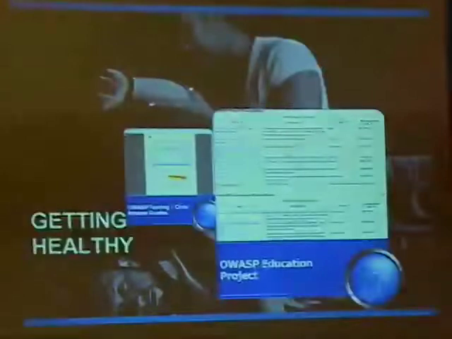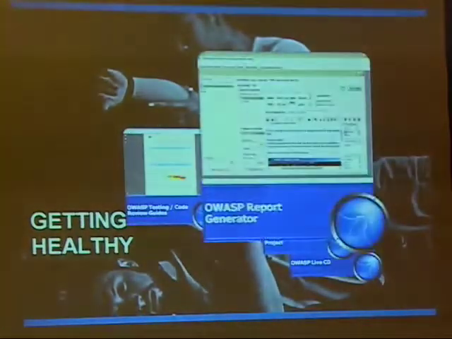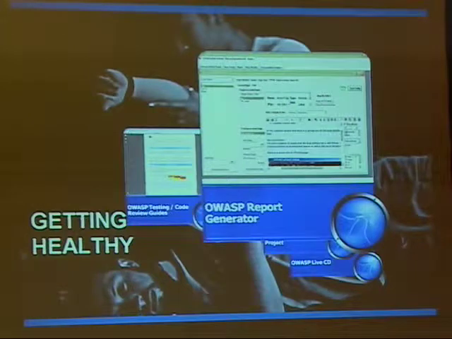The OWASP Education Project: what people don't understand is that as a 501(c) nonprofit, we have about $800,000 in the bank. We give away a lot of money every year in grants to people, individual researchers like you, every quarter. We actually just gave away $150,000 broken into various education projects and grants. And what that allows us to do is to have people submit a proposal like, hi, I want to work on a report generator project that's going to help solidify and put into a process a way to write reports when you're doing application security testing.